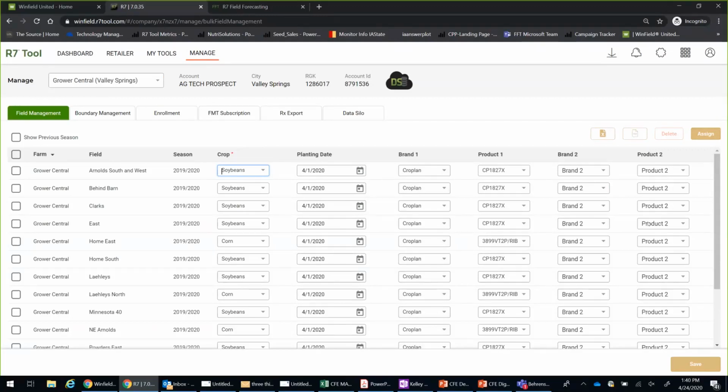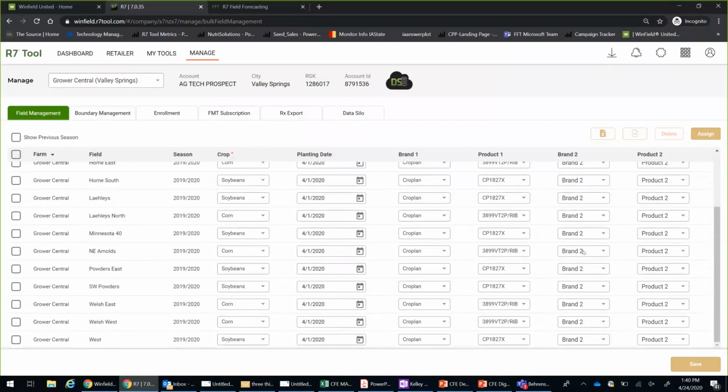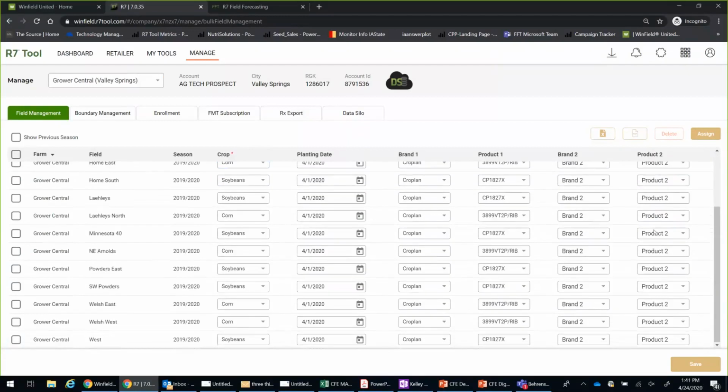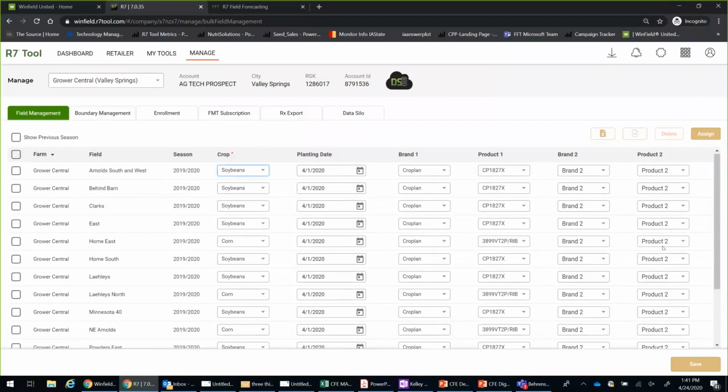Then you can simply put in your product brands. So if they've got 2 products in the field, that's our max still from that perspective. We just, again, put in all cropland hybrids and varieties just for this demo purpose. So again, you can go in here and change. I didn't change anything, so I don't need to save. But again, save each page that you have from that perspective. And again, it's nice because it's all right here, one-stop shop.